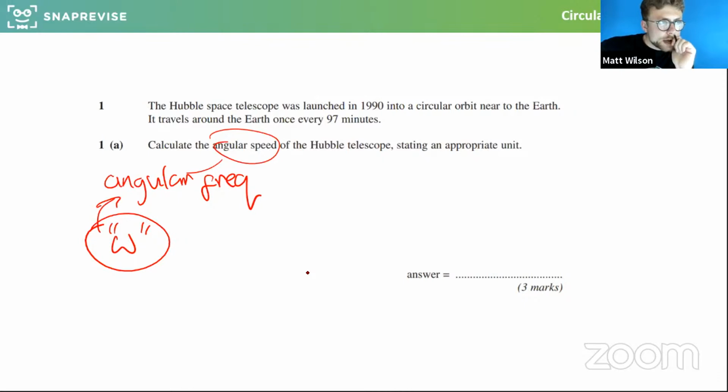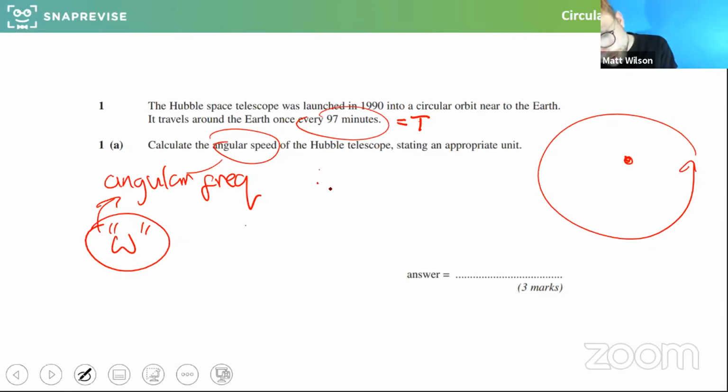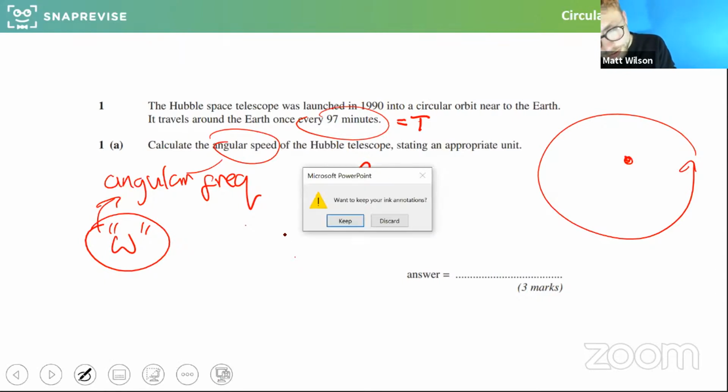So we're asked to calculate the angular frequency of the Hubble telescope, stating an appropriate unit. Well, let's see what we've been given. We've been told that this telescope goes once around the Earth. So it goes in a full circle every 97 minutes. In other words, the time period is 97 minutes. Well, we have a formula for the angular frequency. The angular frequency is equal to 2 pi divided by the time period. Now we're told we can use,